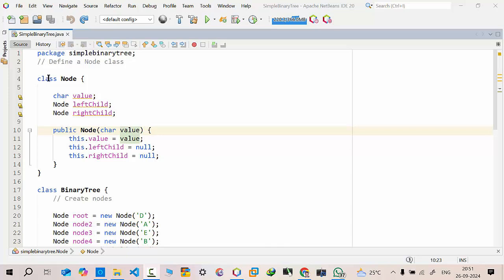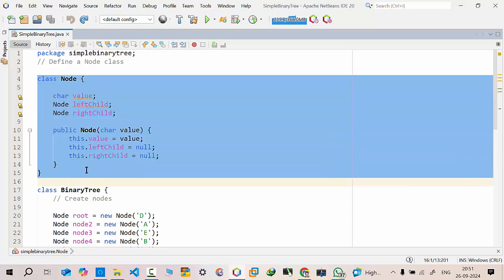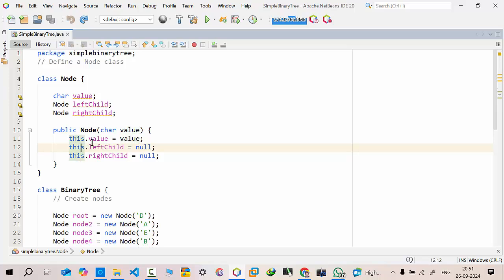So, hello students. In this lecture, we are going to look into the simple binary tree program. As you all know, I use the NetBeans IDE, which is not the latest version, to create a simple binary tree. How I designed the program is, I have divided it into three